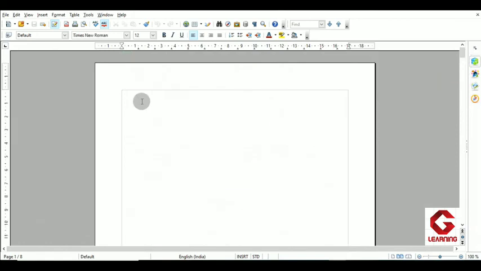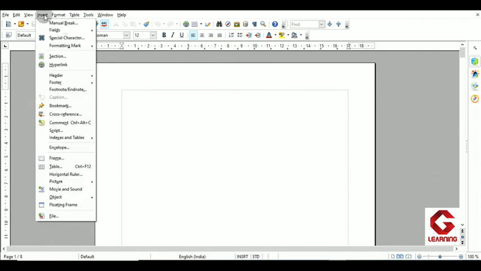This time I am going to create the table of contents or index for this document by using some very basic options, and thereafter in detail I will explain how a table of contents is created, as well as how we can customize a table of contents that is already created. To create a table of contents, we have to use the menu bar, and in the menu bar the Insert tab. As I click on the Insert tab, I get one menu, and in this menu I have to bring the mouse pointer on the Indexes and Tables option. Then I get a sub menu, and in this sub menu I have to click on the Indexes and Tables option.